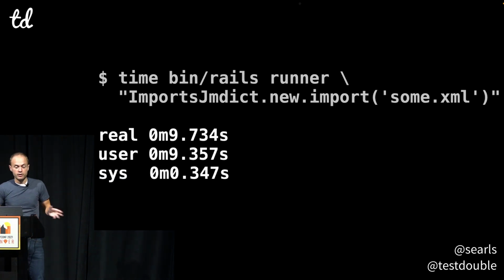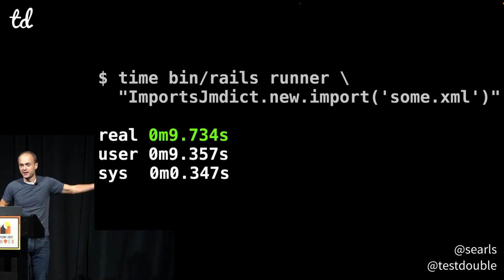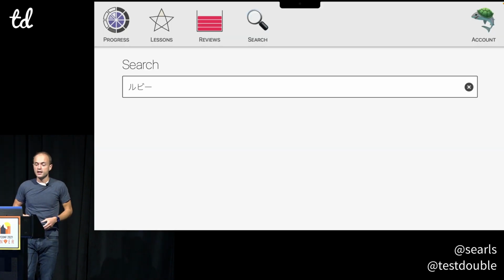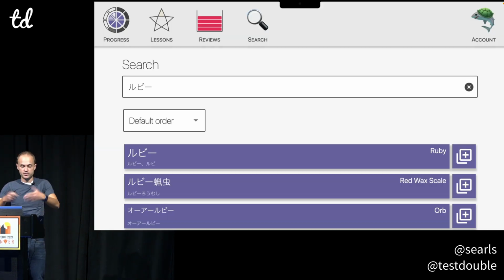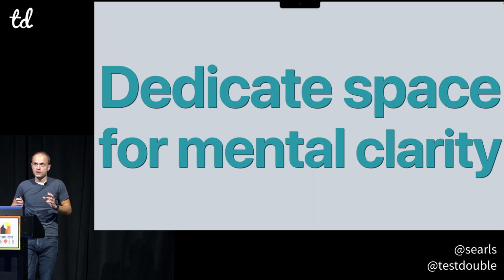When I run it now, it was way faster. It was like 9 seconds, right? So it's a huge gain. And now when I go and I use Kame-Same, I can search for things like Ruby and get a whole bunch of results back. And so it is, I think, an underappreciated benefit of breaking out and starting a new thing,